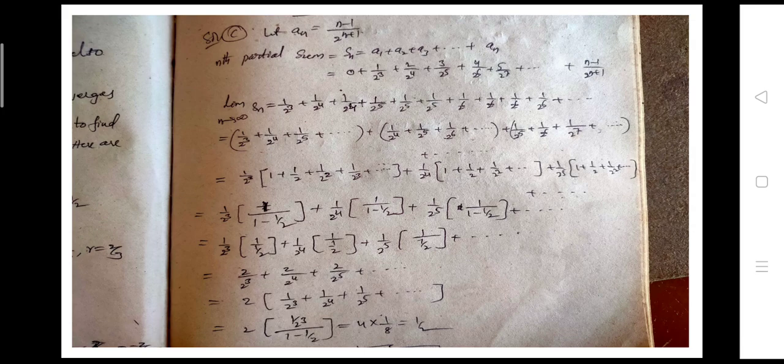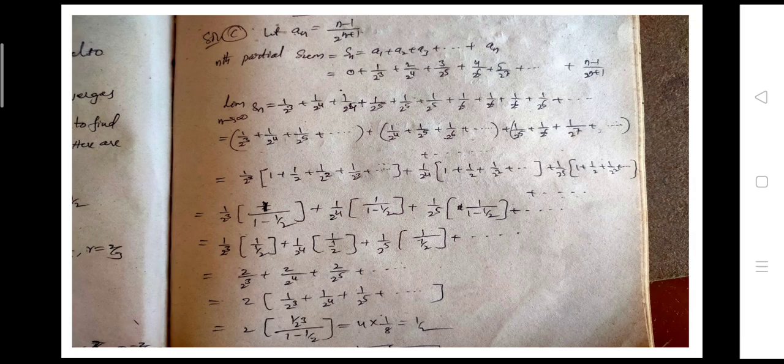And 1 by 2 cube into, simplifying we got 1 by 2 into 2 plus 1 by 2 power 4 into 2 and 1 by 2 power 4 into 2, and so on like this. Here 2 by 2 cube plus 2 by 2 power 4 plus 2 by 2 power 5 and so on. Here 2 is common from all terms, and 2 into 1 by 2 cube plus 1 by 2 power 4